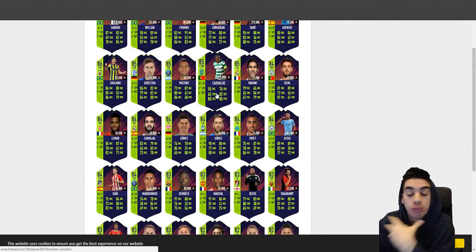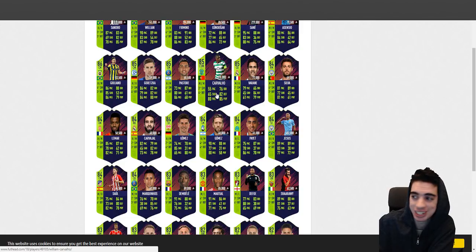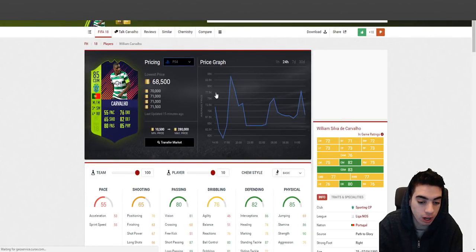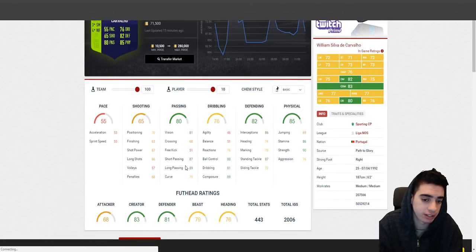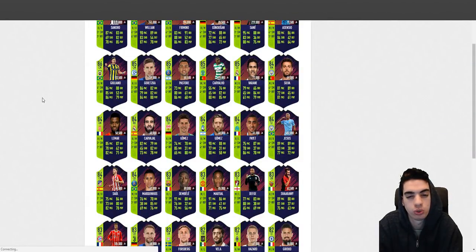William Carvalho, if you're Portuguese, that's the only reason why you would actually use this card, to be honest. It's not great to have. 55 pace is really bad. His defensive stats don't make up for the lack of pace that he has. 4-star weak foot is quite nice to have, with pretty decent passing, 89 long passing, 87 short passing, but his pace is just too low for him to